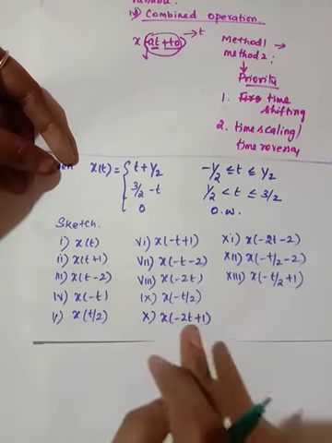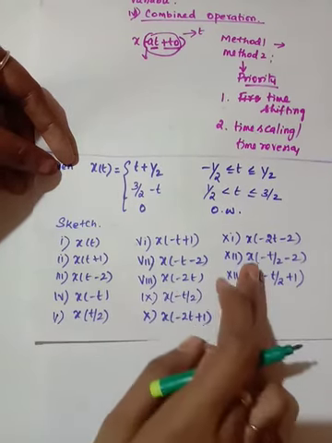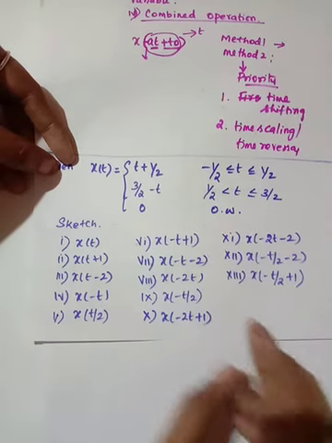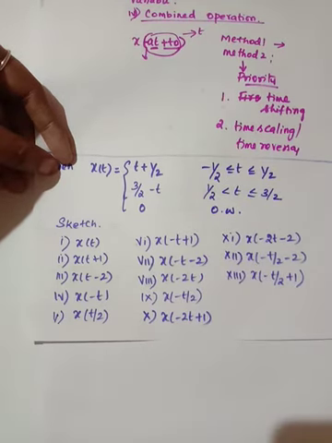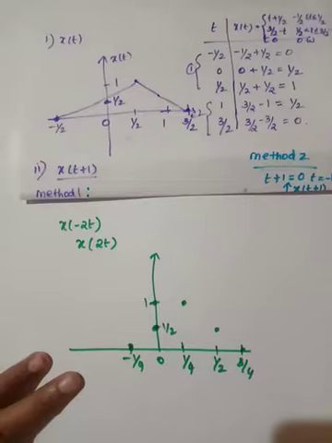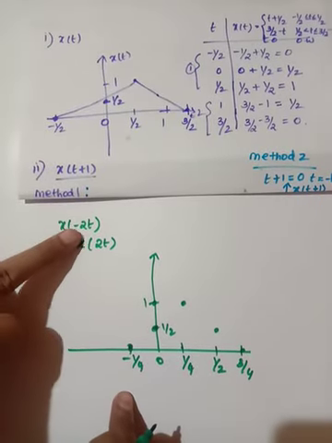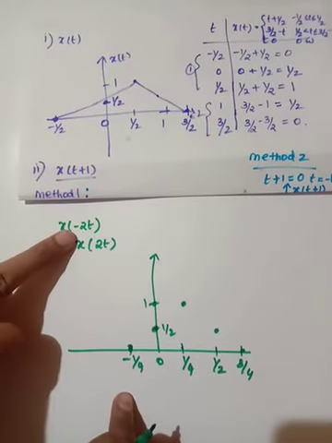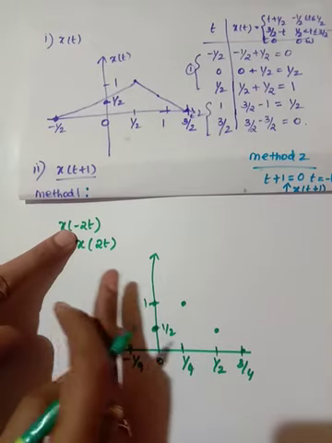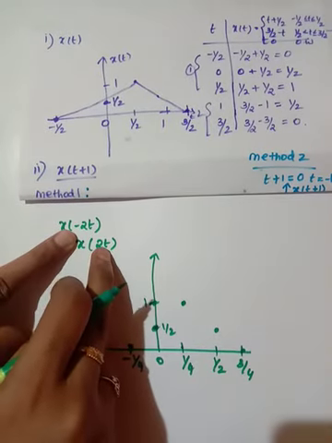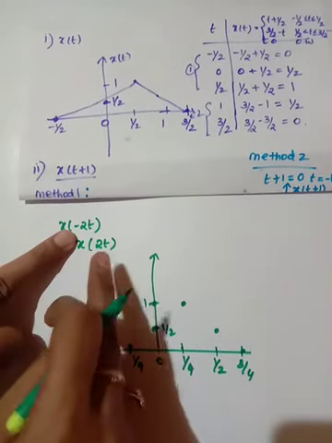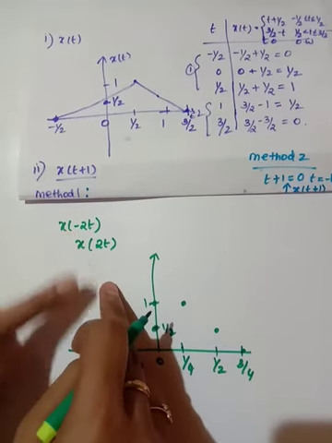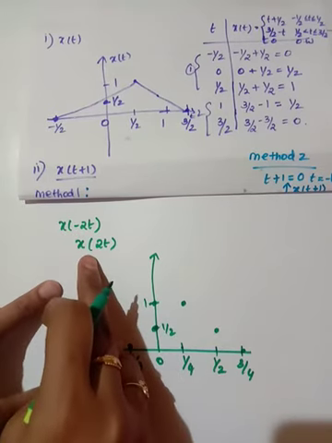So what you have to do is do all these remaining things using method 1 and verify your results. Now we will see only method 2. Here there are two operations: one is scaling and another one is reversal. Because both have the same priority, I can perform either reversal first or scaling first. Here I am going to perform scaling first.